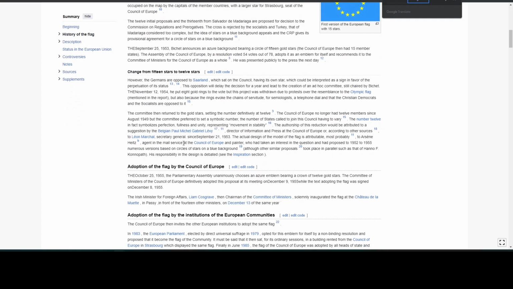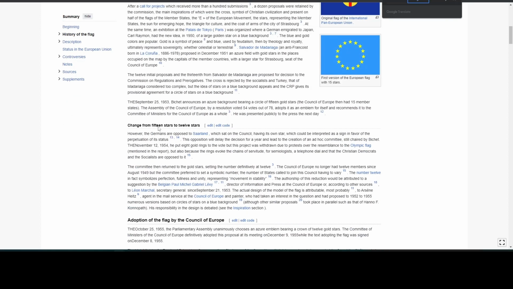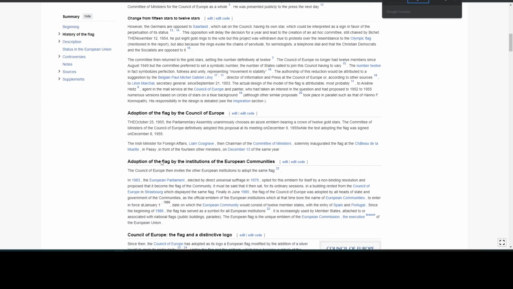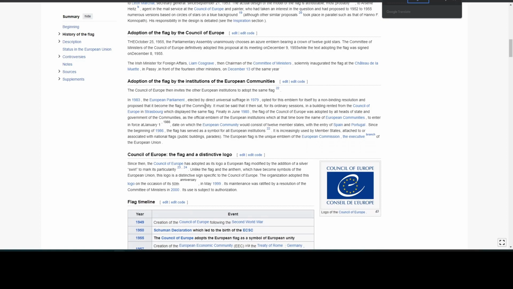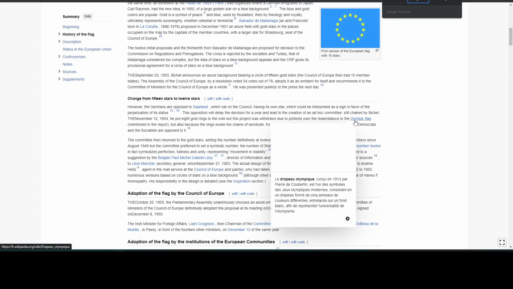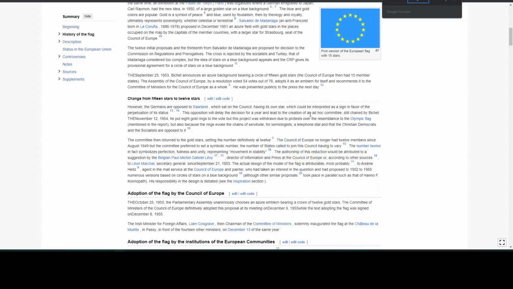Scrolling down to the passage. Okay, now it's somewhere right here. Okay. Yeah, right here. So the "ad hoc" committee was a hint, which you can only use if you're looking at the French version of the Wikipedia page. So that's the only issue I've seen so far with the fact that the people that made this were French and translated it into English.